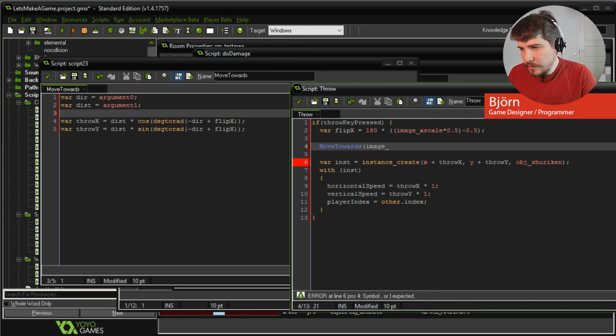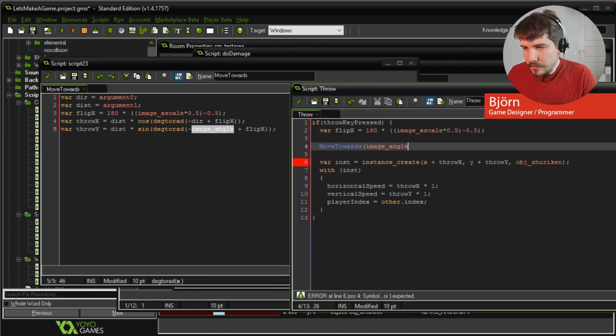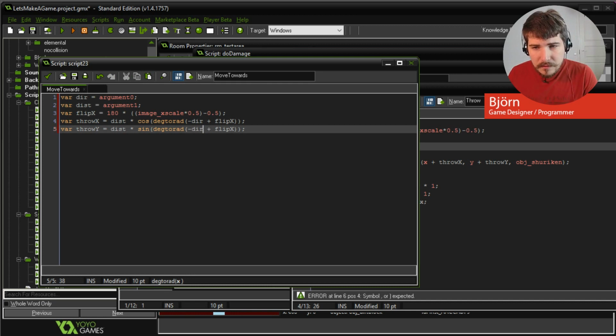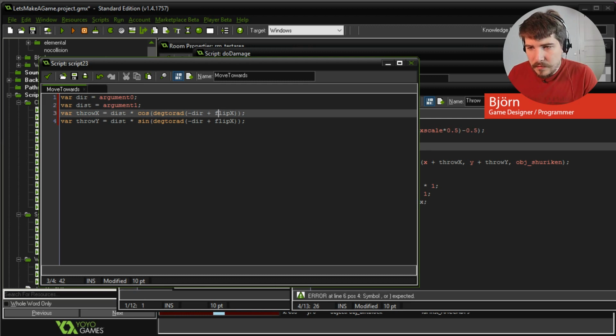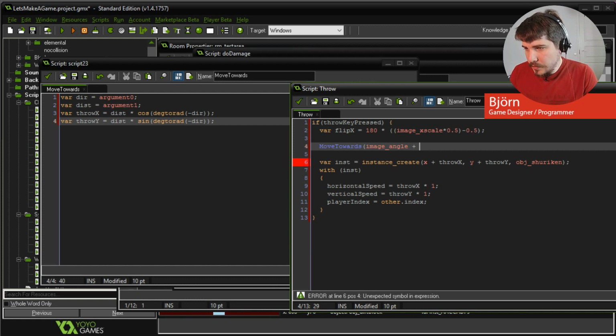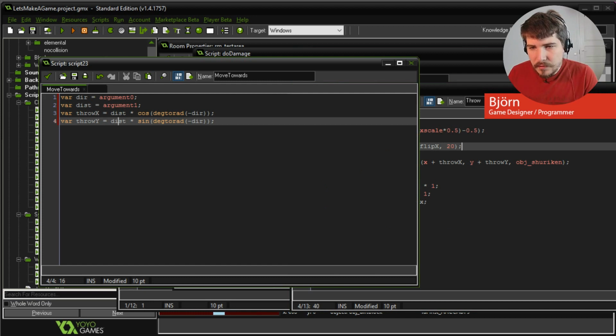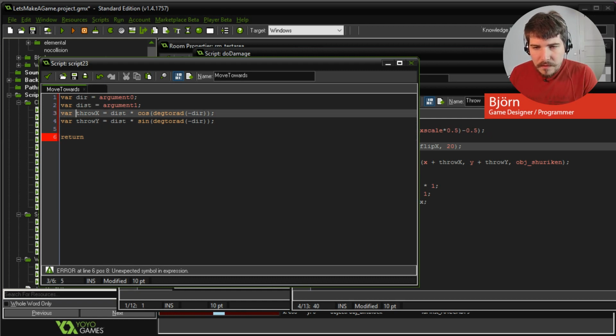Image. What was it? Forgot already. Image angle. Let's move it towards image angle. Remove this again. And then we remove flip X. And then what we do here is plus with x. We wanted to move it 20. Distance. Return. So we can just do